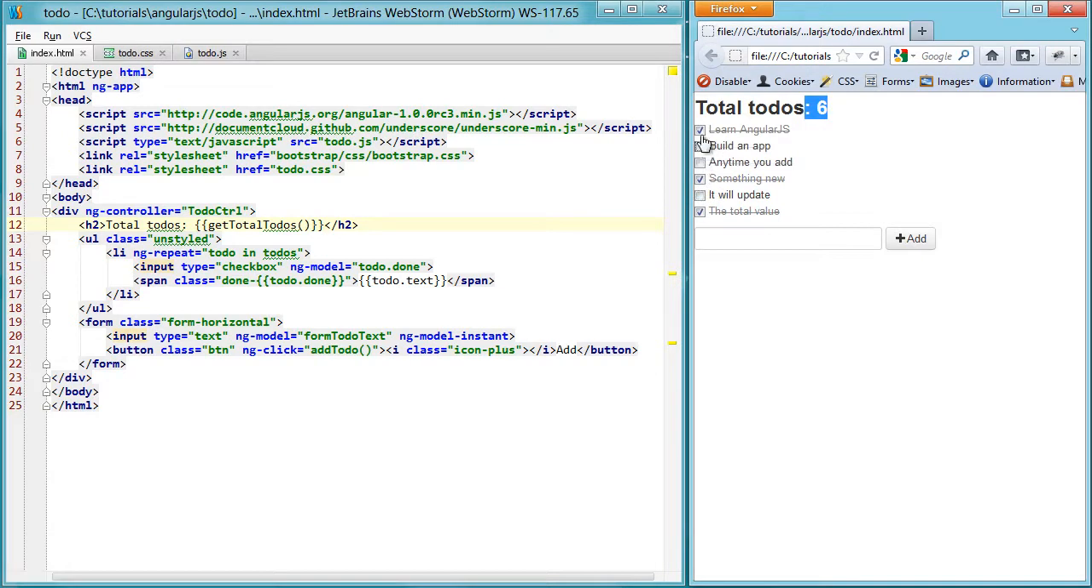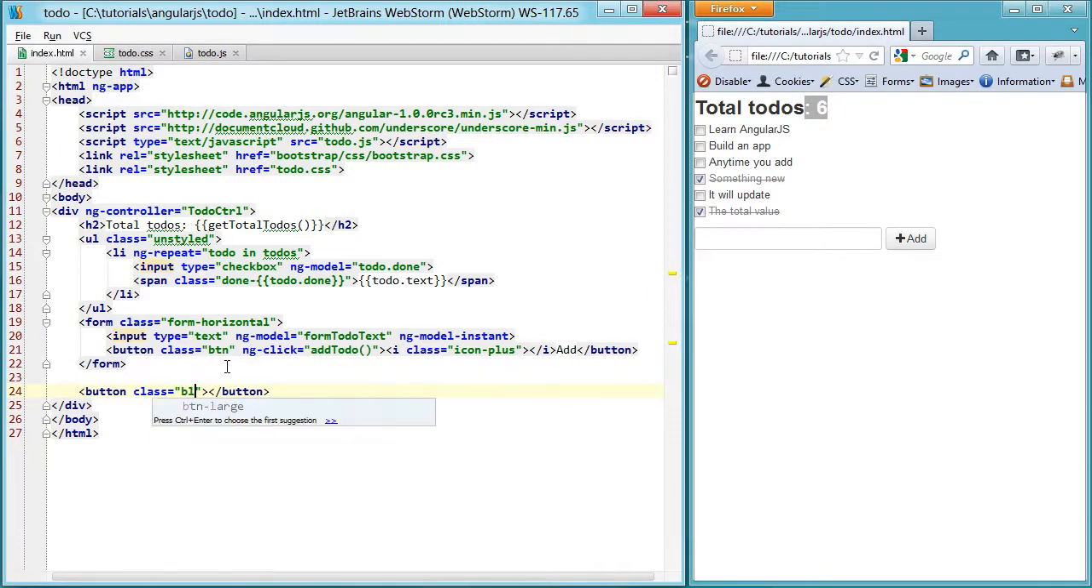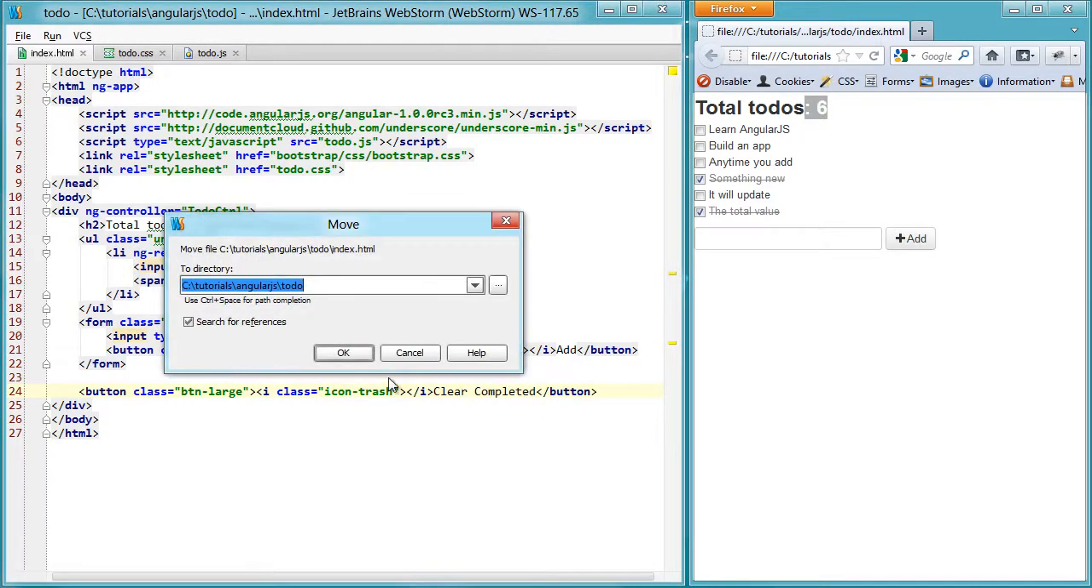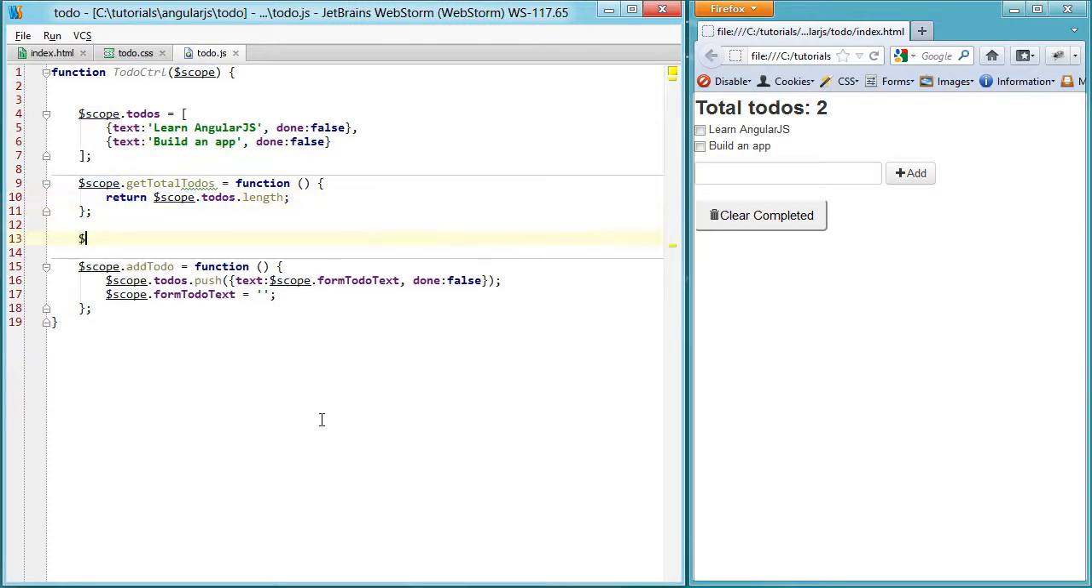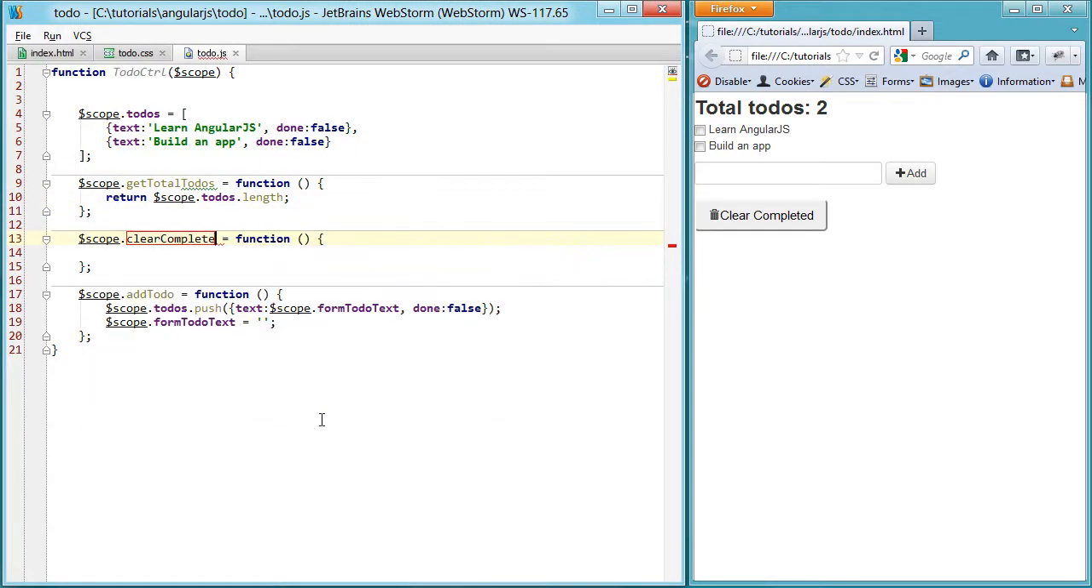And it looks like the last thing we'll want to do is remove completed items. So we'll just create a big old button here, a large button with an icon of, let's see, icon trash, I think. And we'll say clear completed. See what that looks like. It's looking good. Just a big fat button that doesn't do anything yet. But if we set up a click for it, call the method clearCompleted, hop over to our JavaScript, set up the clearCompleted function,